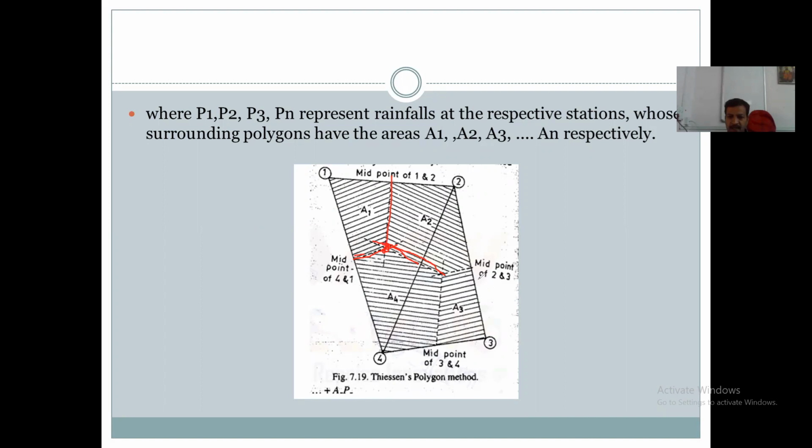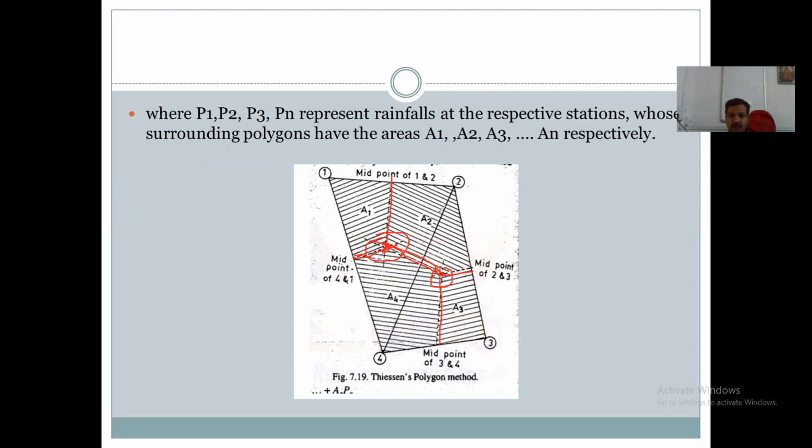This is another triangle, 2, 3, 4. The bisector of the 2, 3 side and the bisector of the 3, 4 side are joined together. And a perpendicular is taken from this side, and the bisector from 2, 4, and they are joined together. Here is one midpoint and here is another midpoint. Okay, we got two midpoints.